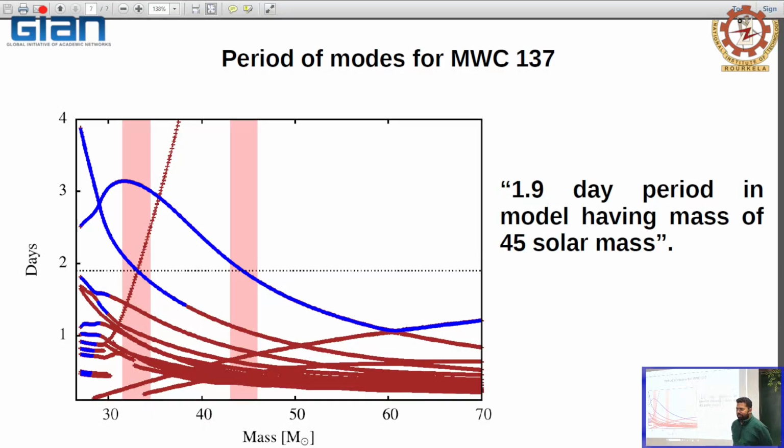So now let me just rephrase the question. We have two modes and these modes are excited. There are many modes, but out of these, two modes, for a certain mass, for example this mode for 45 solar mass and this mode for 33 solar mass, have exactly a 1.9 day period. Okay, so which model is going to explain the 1.9 day variability